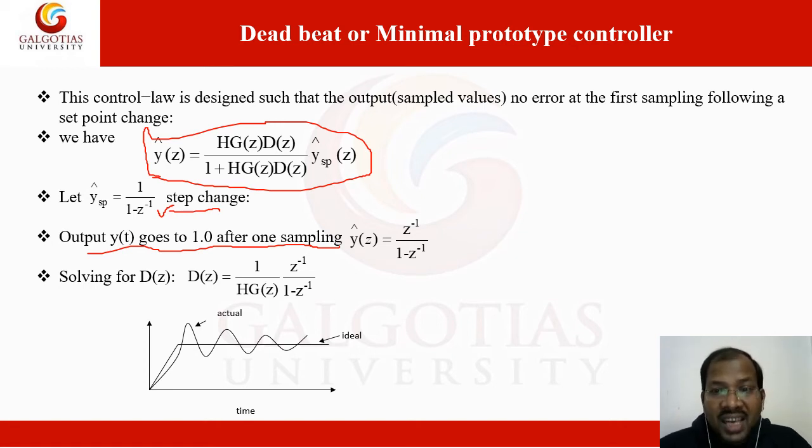So it means there is a delay. One unit delay we can add in the input as Z to the power minus 1. It means that within the first sample interval the system is completely dead. There is no response. That's why we get the dead beat or minimal prototype controller. Based on this value, if we put Z to the power minus 2, Z to the power minus 3,